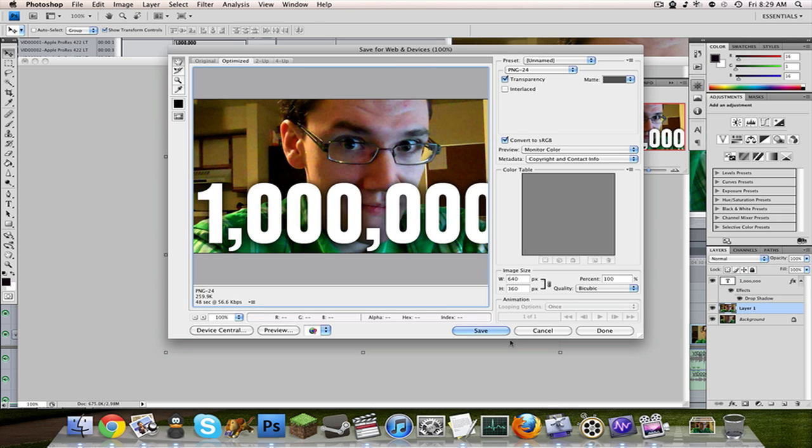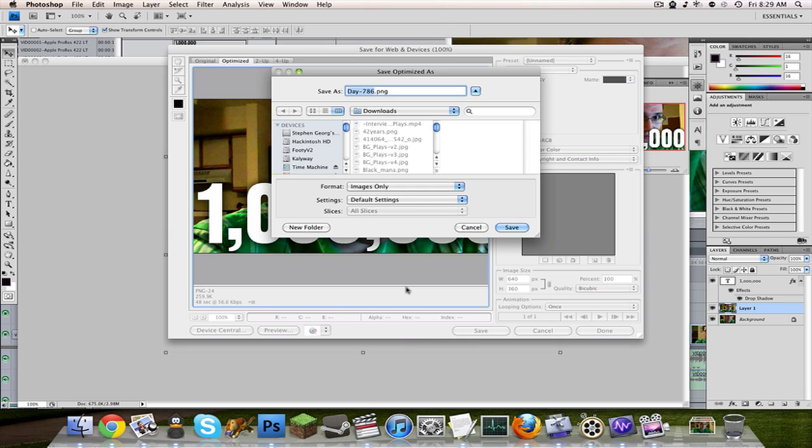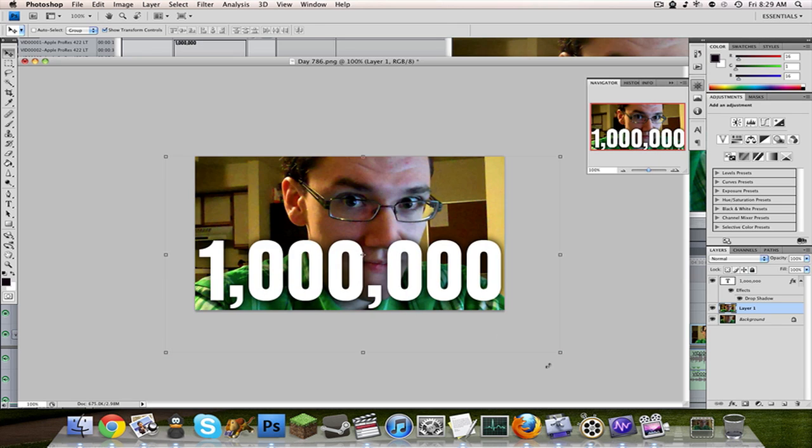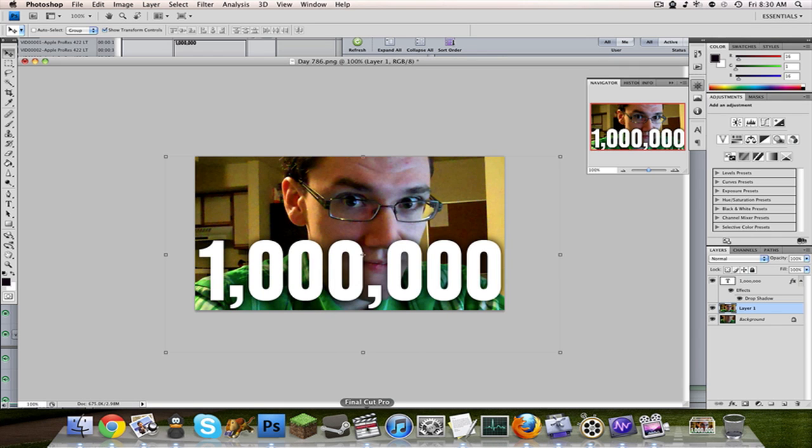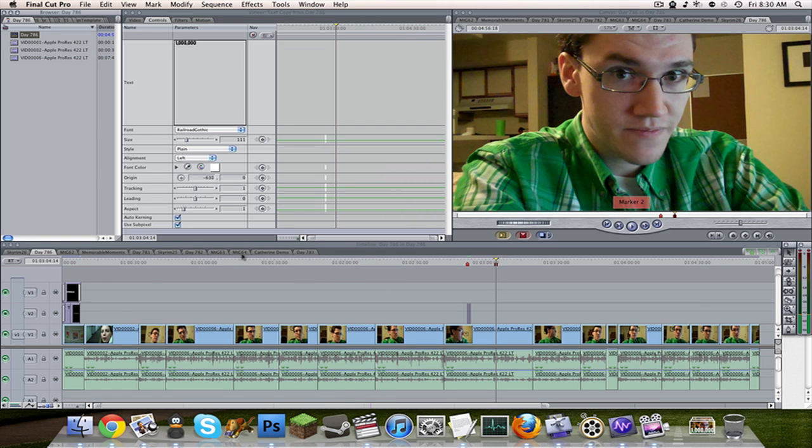Then we'll do Command Option Shift S. It's the save for web and devices. I automatically have it set for PNG 24. We'll do save, and we'll save it into the downloads. And by this time, we're doing pretty good over here. We got 4.5 minutes on this. It's pretty much just a waiting game at this point, but while I'm waiting on that, I'm going to show you guys, I'll actually show you guys